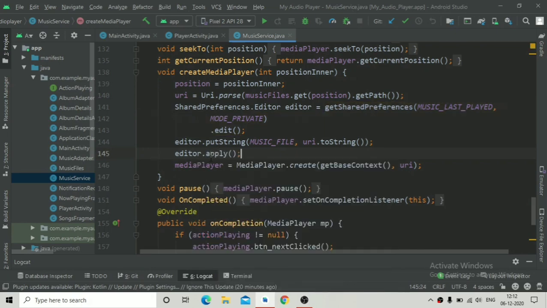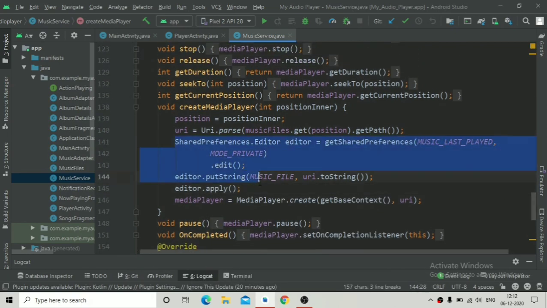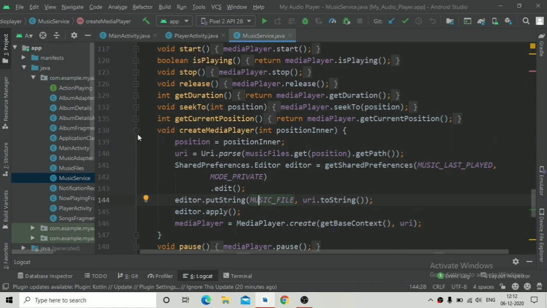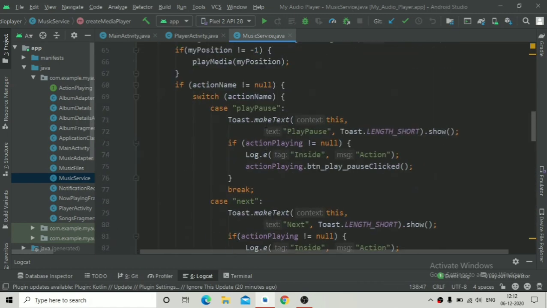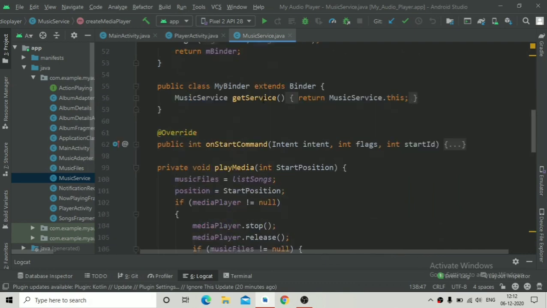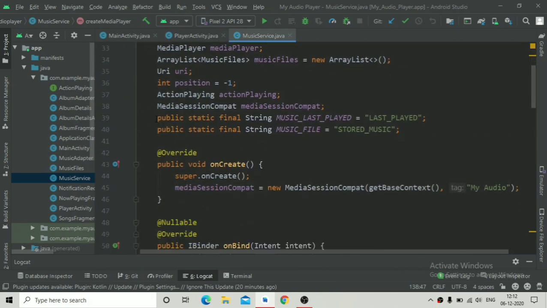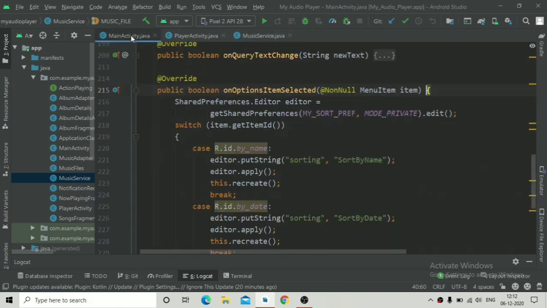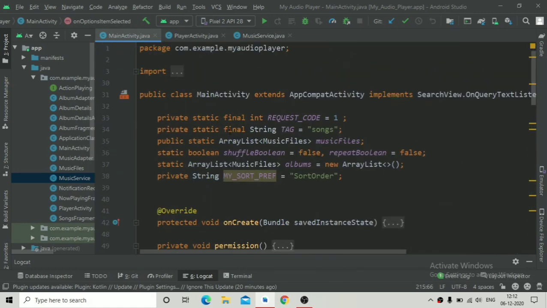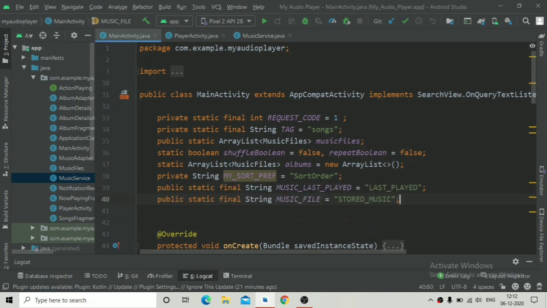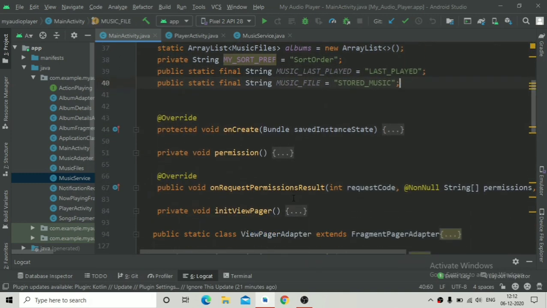And then just write editor dot apply, and there you can see the warning is gone now. So it will store the path of that song inside the shared preferences of your local storage, means your phone storage. Then you can use this path, means the string value, to show inside our minimized player view.